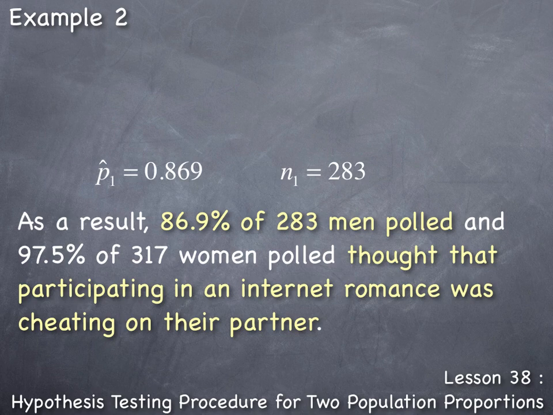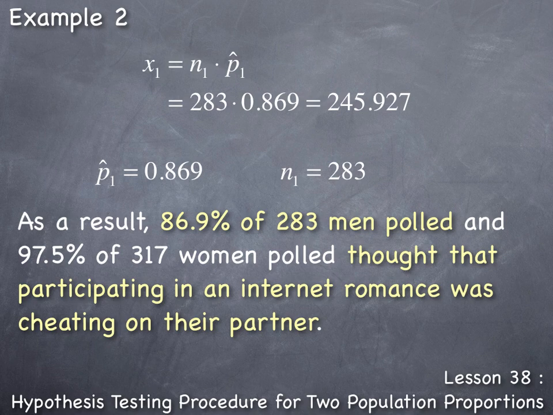Now, the required input in the TI-84 calculator is the x1 and the n1, not the p1 hat. So we need to solve for x1 based on the given n1 and p1 hat. To do this, the data value x1 is calculated by taking the sample size n1 times the proportion p1 hat. In this case, 283 times 0.869, which equals